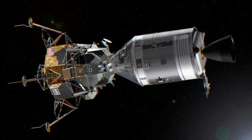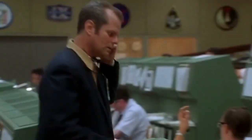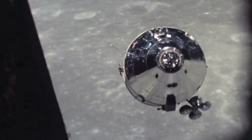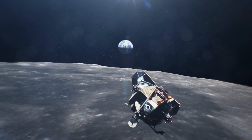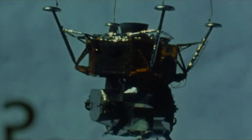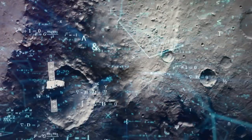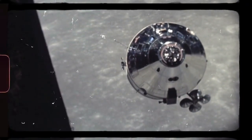The lunar module, designed for 2 astronauts for 2 days, would now serve as a lifeboat for 3 astronauts for 4 days. With the lunar module serving as their lifeboat, the crew and ground control faced numerous challenges. They needed to execute a free return trajectory, a precise flight path that would enable the spacecraft to swing around the Moon and return to Earth without the need for additional propulsion. This was essential because the lunar module didn't have enough fuel for a direct return. Calculations had to be made with extreme precision, using the lunar module's descent engine to adjust their trajectory for the